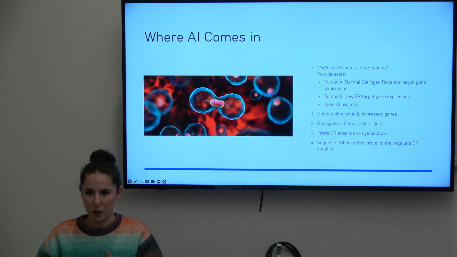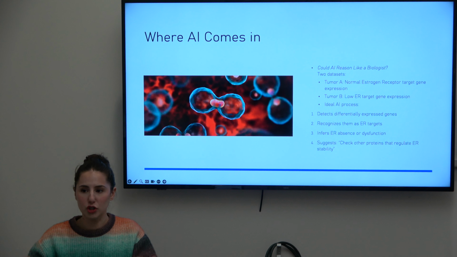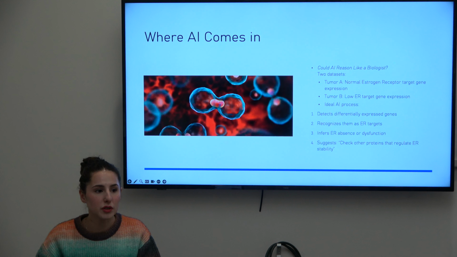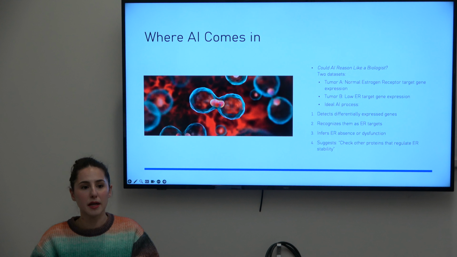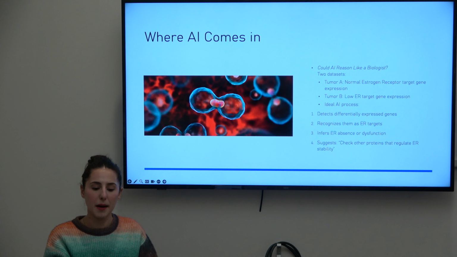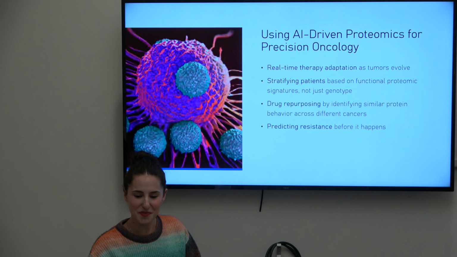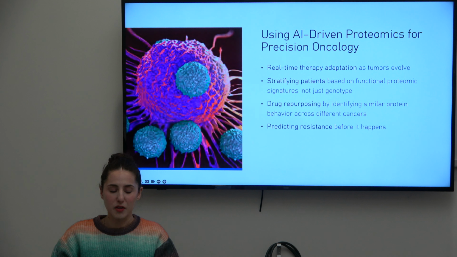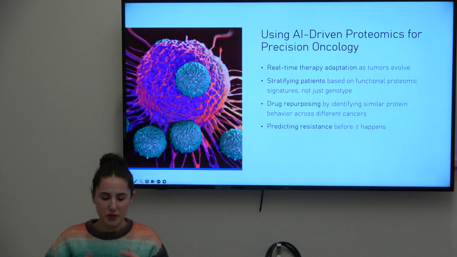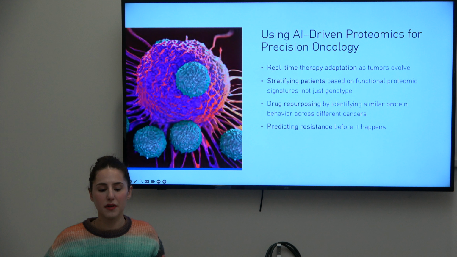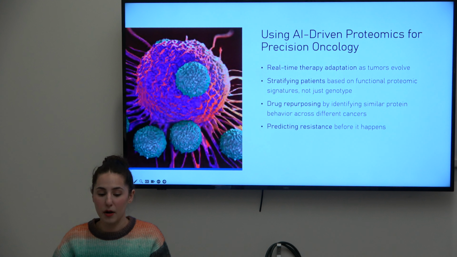This real reasoning that we have here is called biological storytelling. And humans can do this, but right now there is no AI that is able to biologically tell you this happened because of this, this, and this. Does that make sense? Okay, so using AI-driven proteomics for precision oncology, there are so many advancements in AI-powered proteomics,